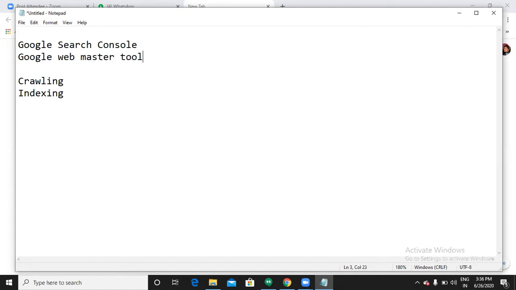This tool helps you out if you have any issues in your website. It will show you which pages Google hasn't crawled and which pages Google hasn't indexed. So it will show you the issues and all. You can validate those issues and fix them if you have this Google Search Console. So when you are trying to do SEO, it is very, very mandatory to have a Google Search Console associated with your website too.